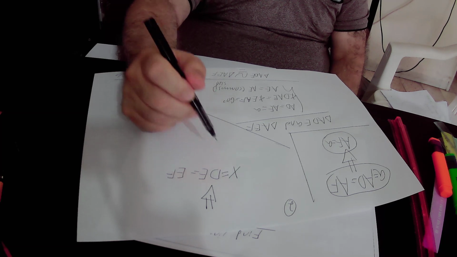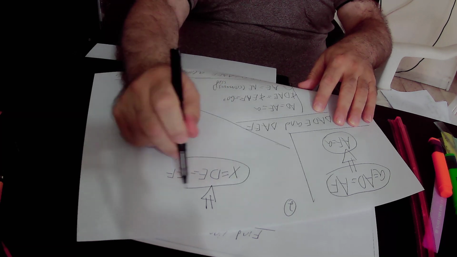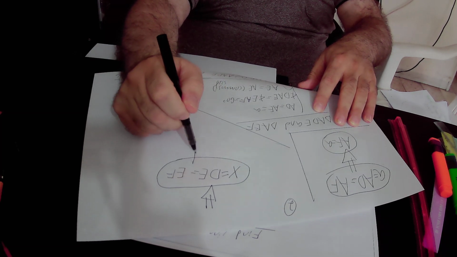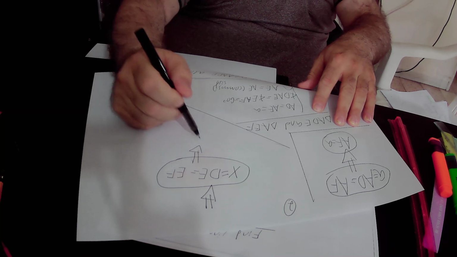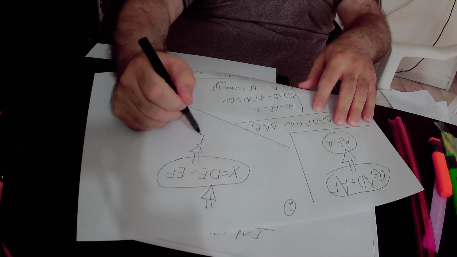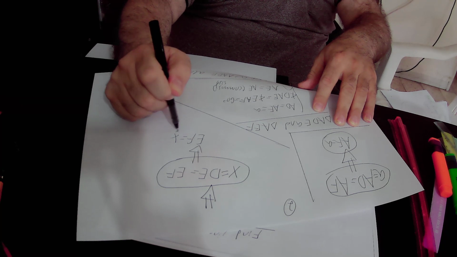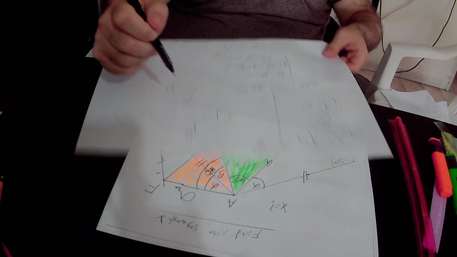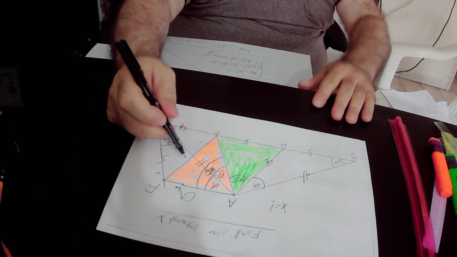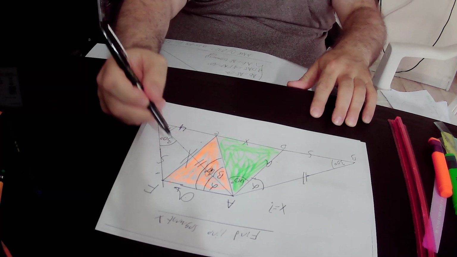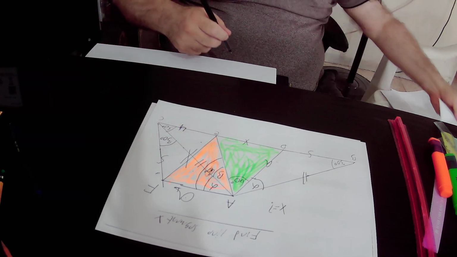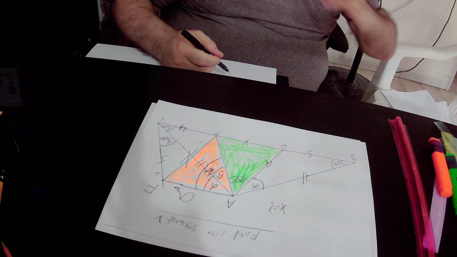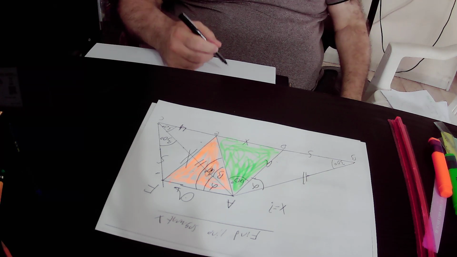It is equal to X. And from the equation X equals DE equals EF, we derive that EF is also equal to X. So in the next step, I will present to you the law of cosines and we will